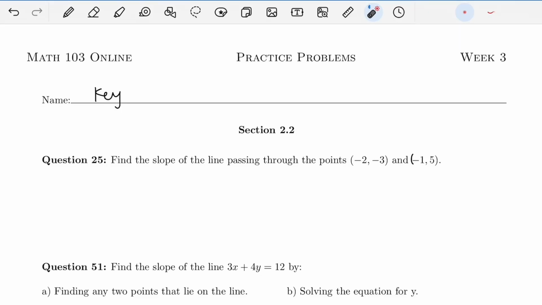In this video, we're going to go over some practice problems from the material covered this week. So that'll be sections 2.2, 2.3, 2.4, and 2.5. So starting with section 2.2 here, what we want to do is find the slope of the line passing through